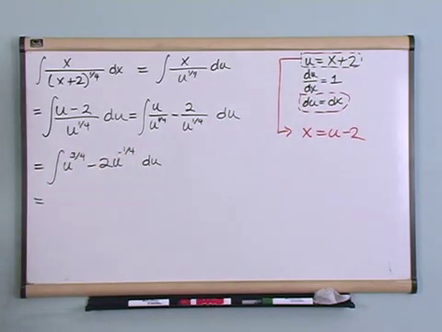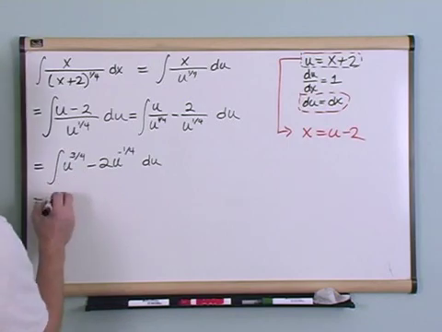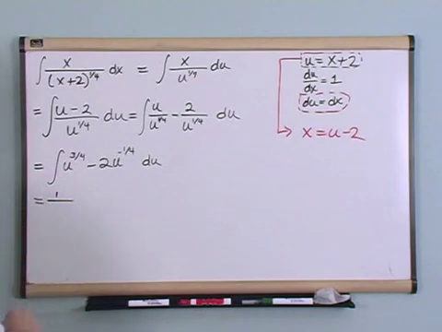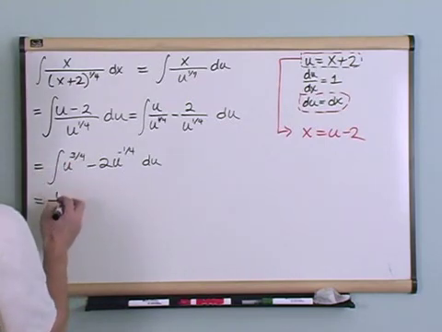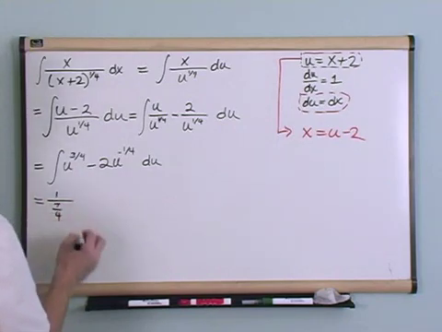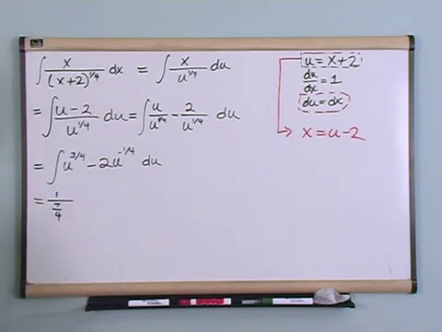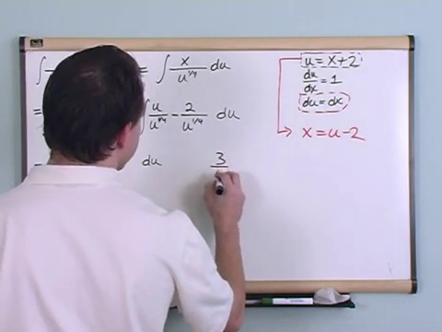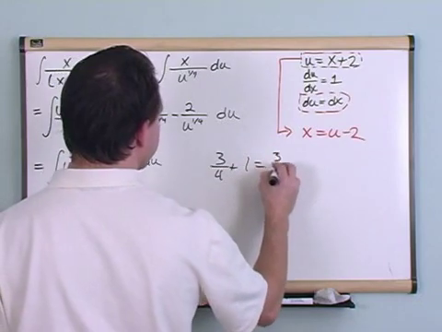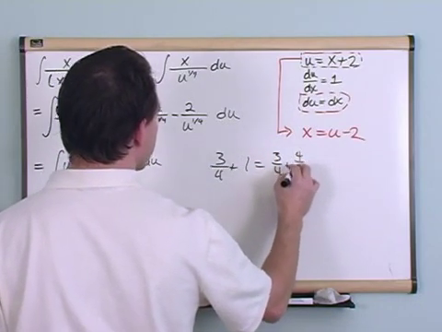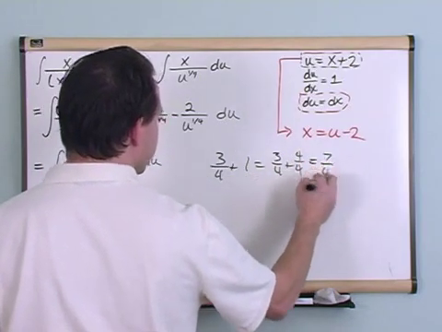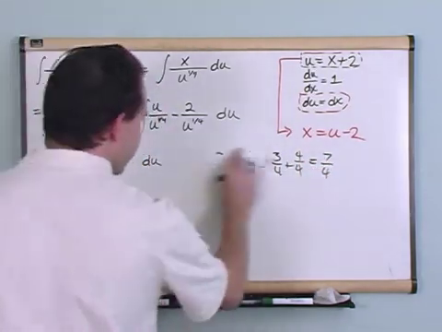For the first term, it's going to be 1 over 3/4 plus 1. 3/4 plus 1 is 7/4. I think you can convince yourself of that. You could do that on a piece of paper somewhere. 3/4 plus 1 is equal to 3/4 plus 4/4. Just change this to 4/4 to get a common denominator, and that's 7/4. So I have a 7/4 there,